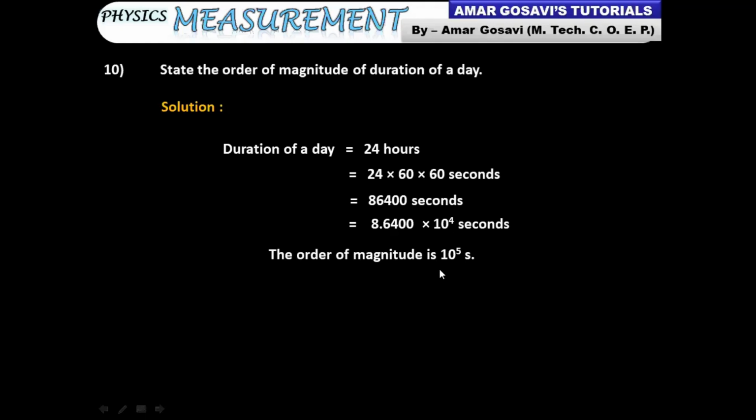So in general, you can get any quantity. Here it was the duration of day. Tomorrow they may talk about anything in terms of hours, in terms of kgs, in terms of Newton. You are supposed to find out the order in this fashion. Hopefully things are pretty clear till here. Am I correct in assuming? Yes, sir. Great. Take a screenshot of this before we move ahead towards the second type, getting problems solved on significant figures.